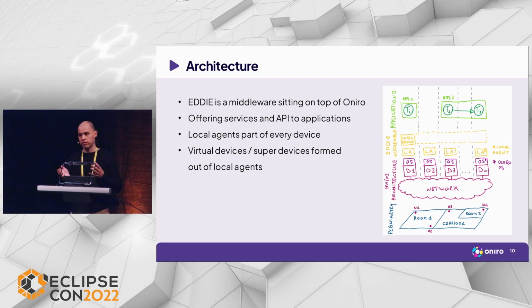And then based on these local agents, we form the unified pool of resources. That is what we also call virtual resource devices, or sometimes even super devices, which is not the greatest term, but that's how we used it. And together these local agents form